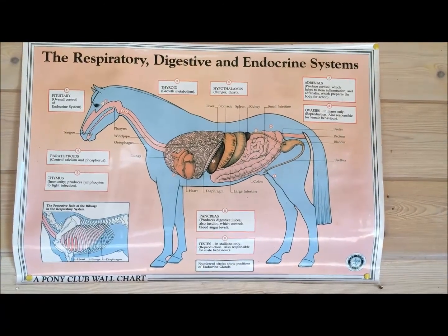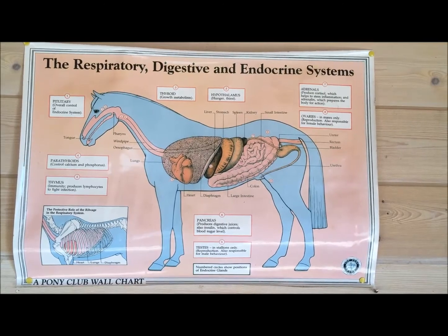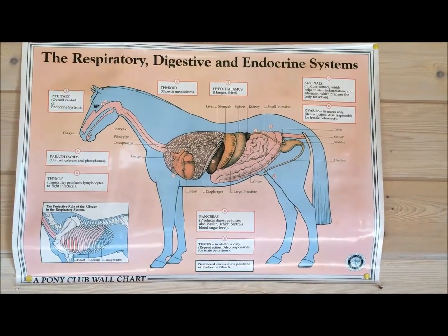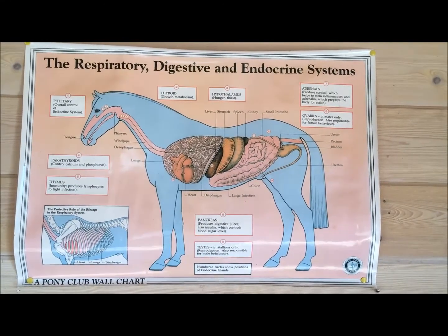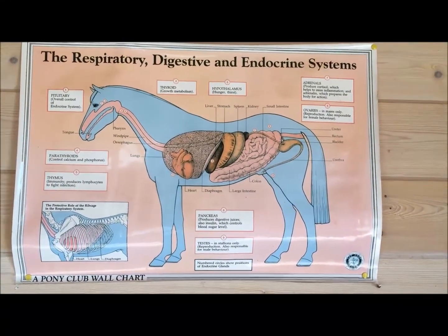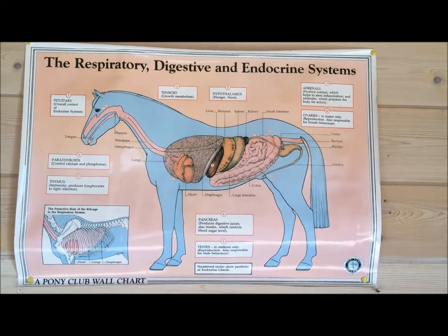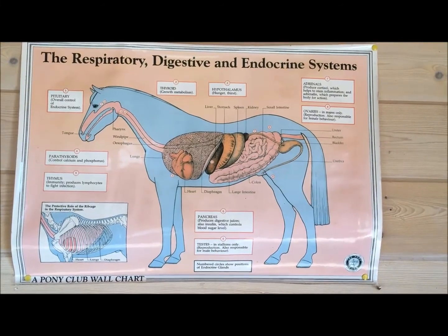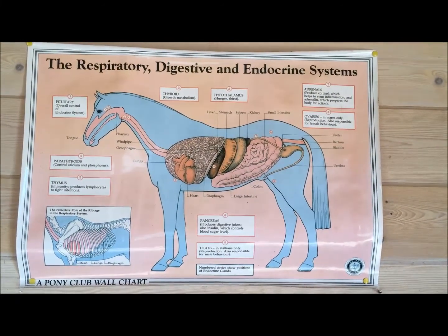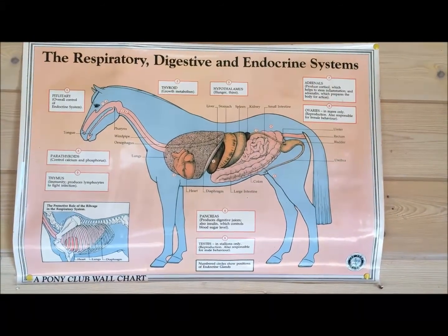The function of the digestive system is to take in food and to extract the nutrients required by the horse for utilisation. Waste and superfluous matter is passed out in the form of droppings. The horse needs to use the nutrients for the following purposes: to maintain good condition, to keep warm, for energy to move, to grow and to develop muscle, to replace damaged tissue in the healings of wounds. For example,